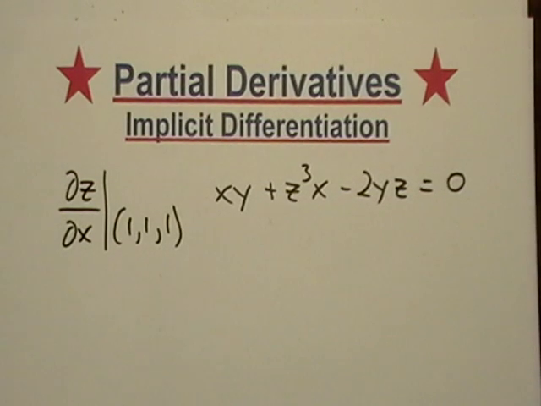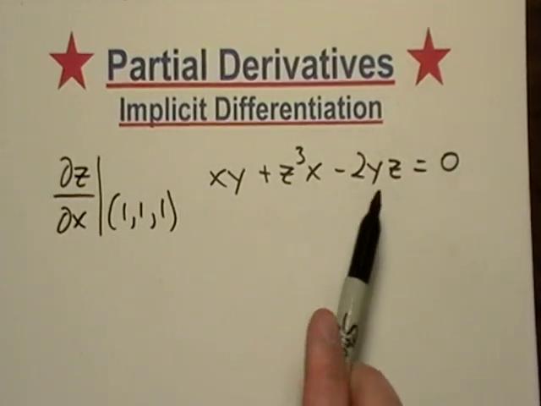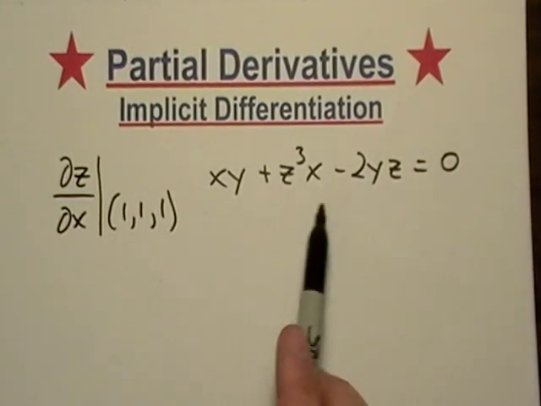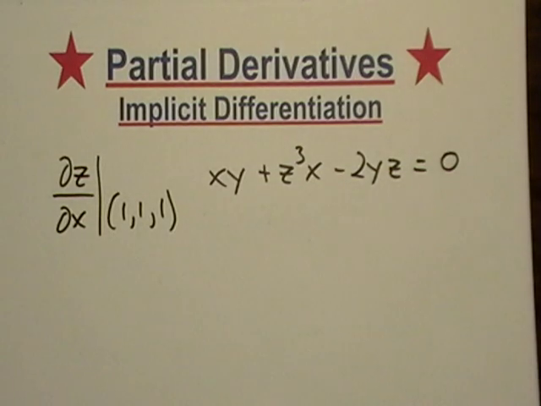Okay, implicit differentiation with partial derivatives. Okay, so what they want right here, they gave us a three variable function, and they want us to find the partial z with respect to x at (1, 1, 1). Okay, so